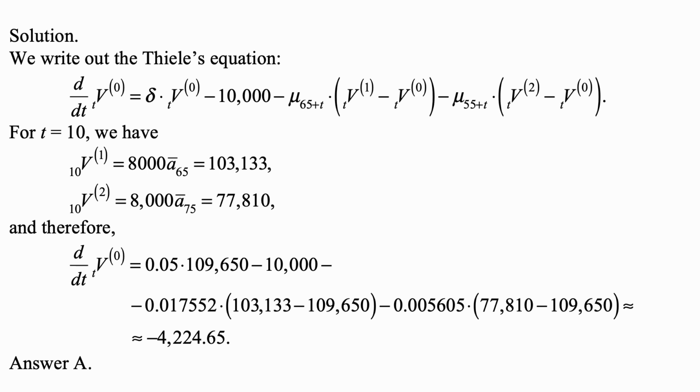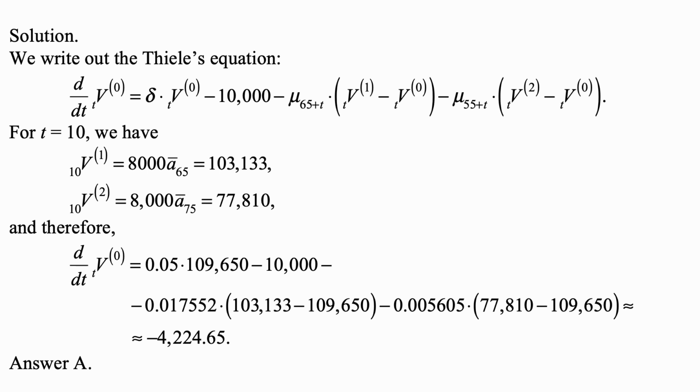And we are considering a continuous time differential equation, minus 10,000 because that's the rate of payout for the annuity while they're both alive, minus mu 65 plus t, and then it's the reserve for situation 1 minus the reserve for situation 0, and that refers to basically a force at age 65 plus t,